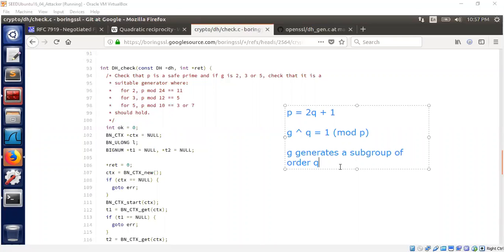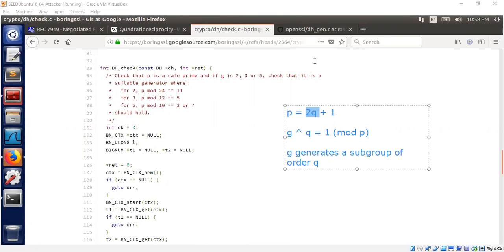But this requires obviously using an exponent operation, right? We are trying to raise G to the power Q. There are special cases. For example, what if G is 2, or 3 or 5? We don't have to do this G^Q. Remember, if P is a 2048-bit number, Q is almost the same size, 2047 bits or something like that. So we will have a very large exponent. Therefore, it will be nice to check in a much faster way by using some of the techniques that are